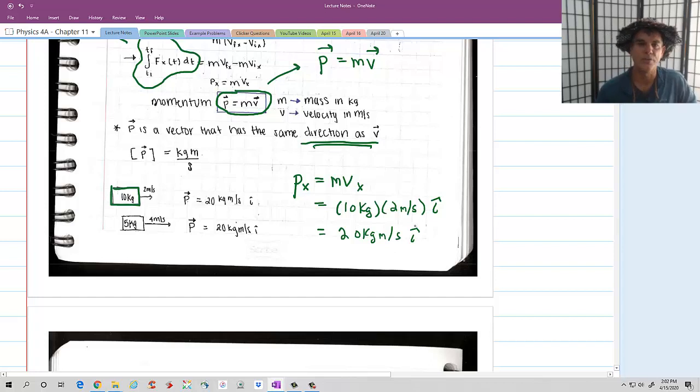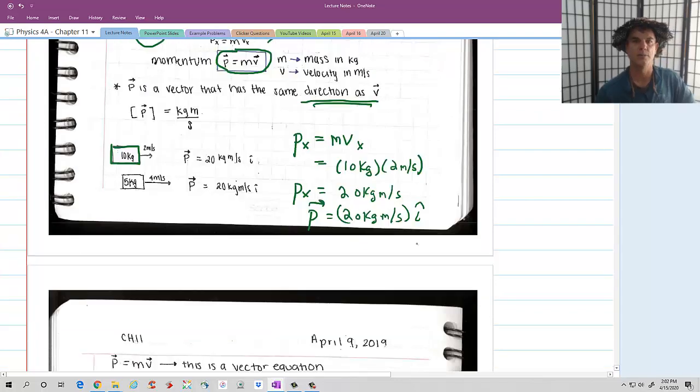So I guess if I just said px, the momentum in the x direction, I would not need to include my unit vector because I'm already indicating that that's the momentum in the x direction. So perhaps I shouldn't put that i. But if I was just saying what is the momentum of this object, then I could say 20 kilogram meters per second